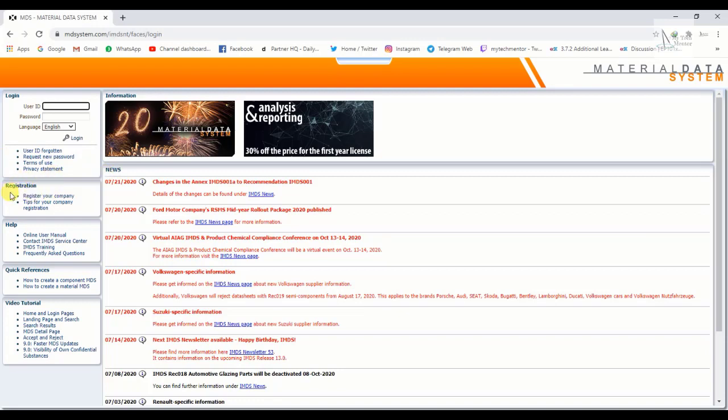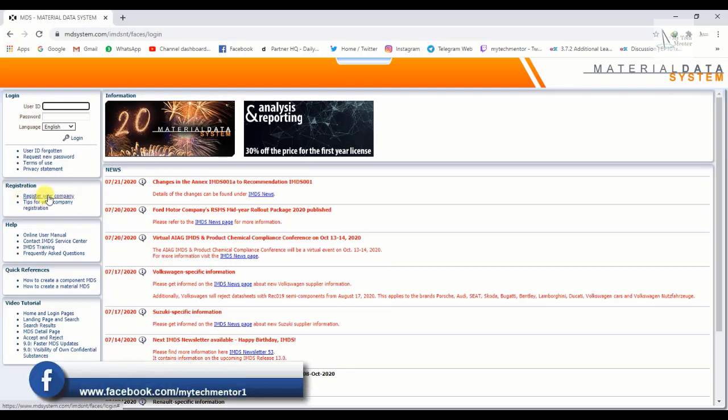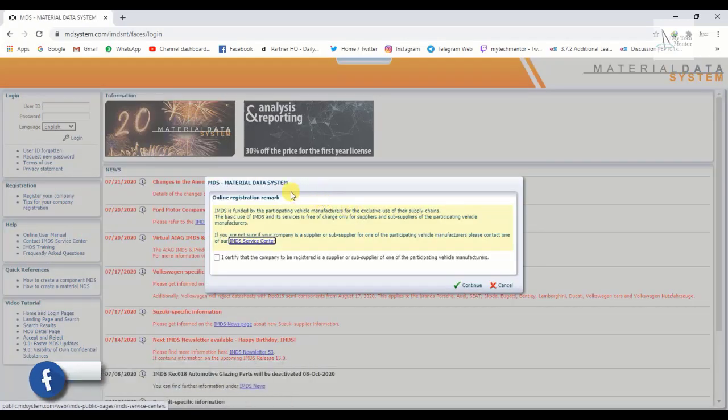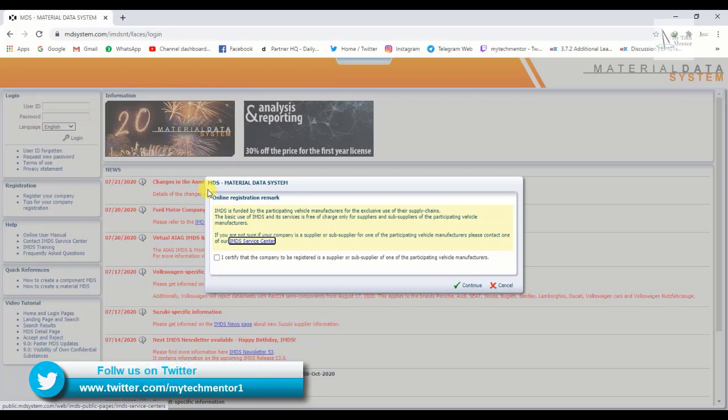You see the Registration tab there. The first point is register your company. So we click on this link. A pop-up is shown to us: IMDS Material Data System Online Registration.